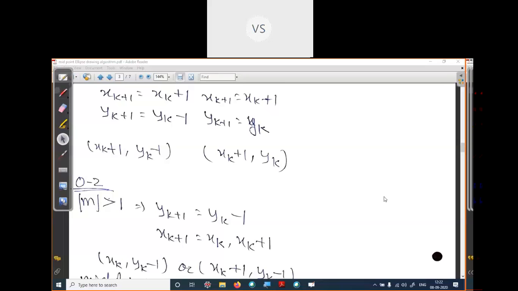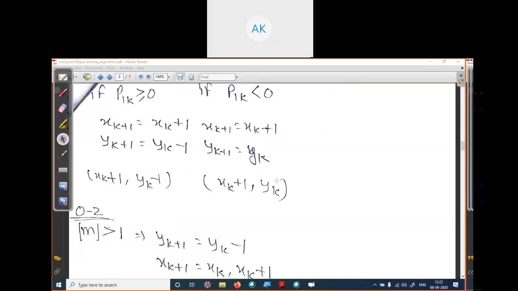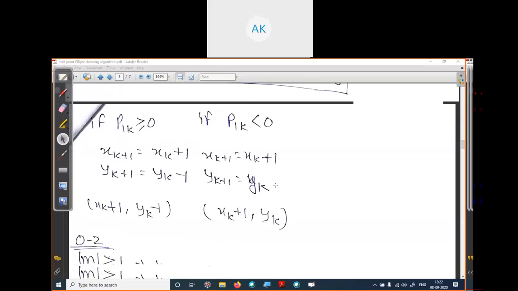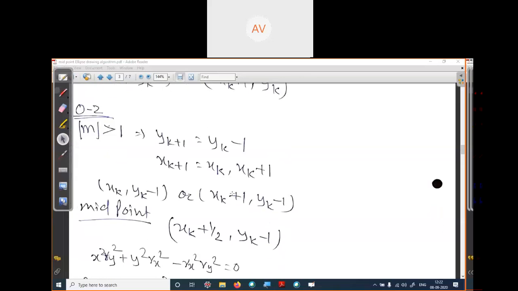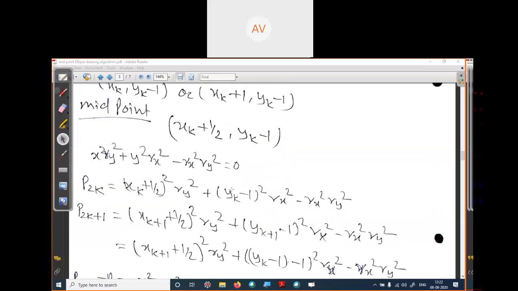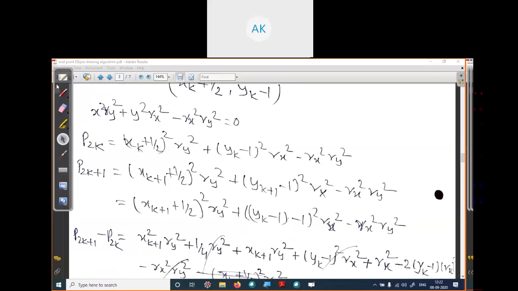So my question is clear to all of you. I'm asking this question to Avichal. Avichal, how can we calculate our initial decision parameter in region 2? Sir, if 2 ry squared x is greater, then we are in region 2. Yes. Okay, we have entered into region 2. But how can we calculate the value at this point in region 2? We have entered region 2 if our condition is satisfied, but how can we calculate the value in this equation?